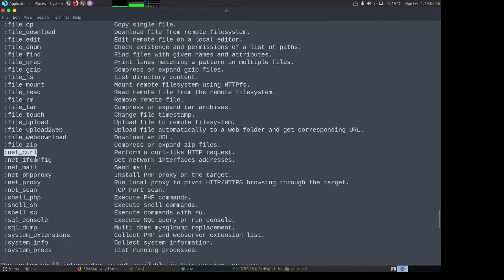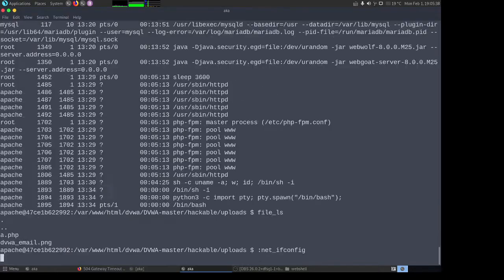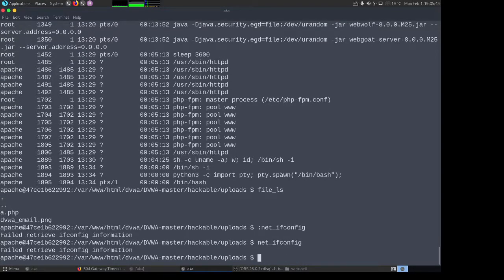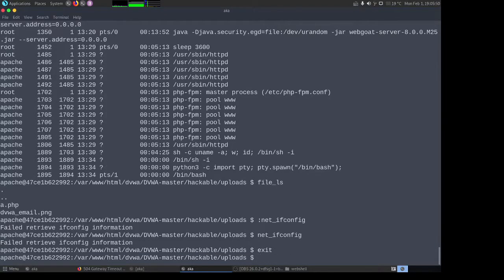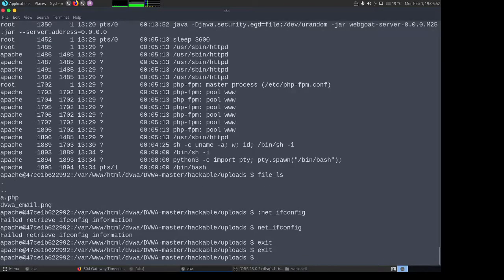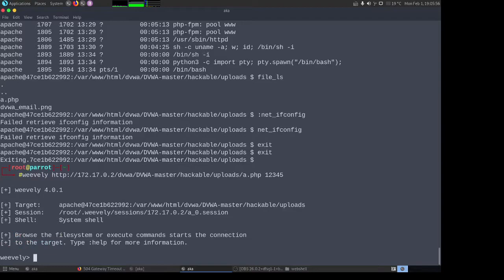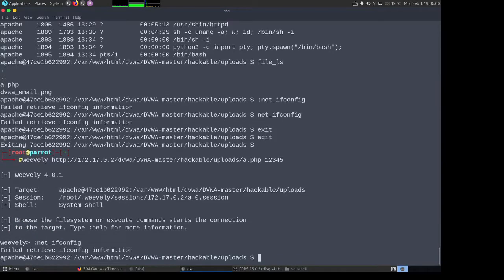For example, net curl, net ifconfig. So if I type ifconfig, I don't need this, I guess. I am not in the Weevely shell, that's why. Let's go again. So those commands will work when you are in Weevely, right?